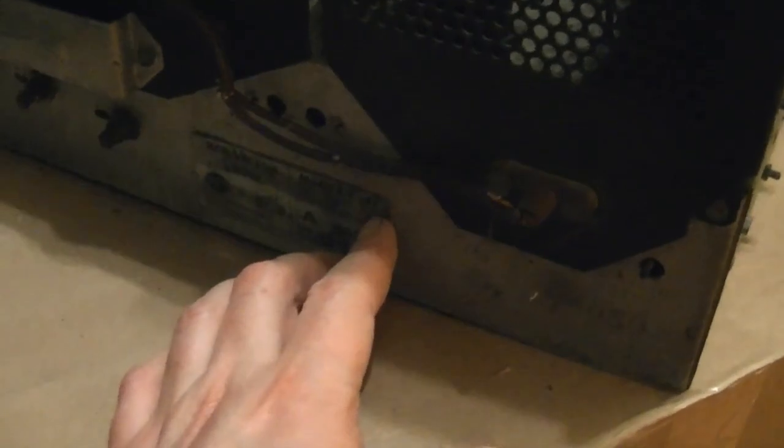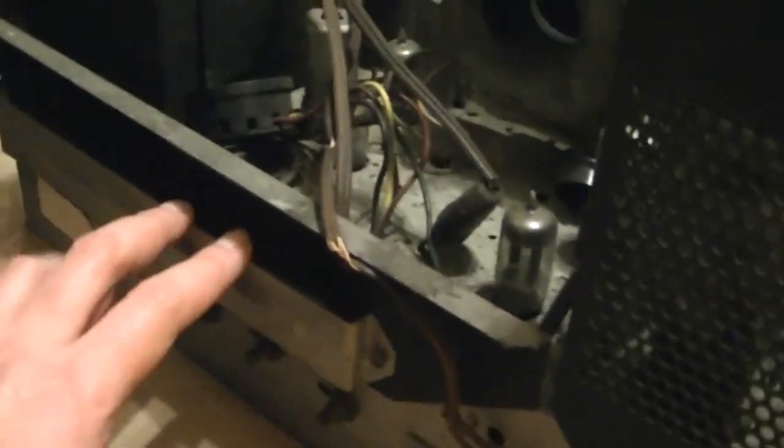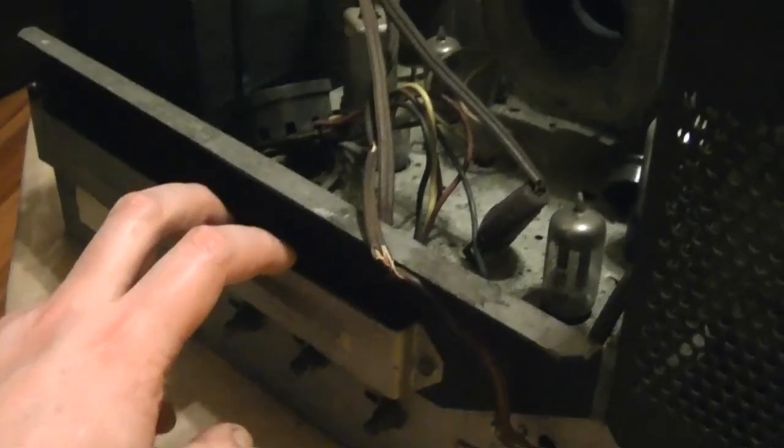8T241. I think they use the same chassis in a few other models, like an 8T243 and 8T241. I guess there is no 8T242 model. One thing I don't like about these early RCAs, both this and the 630TS, is that they use massive